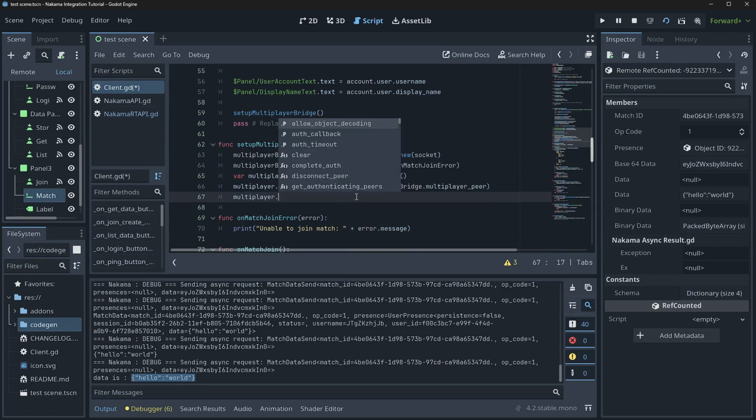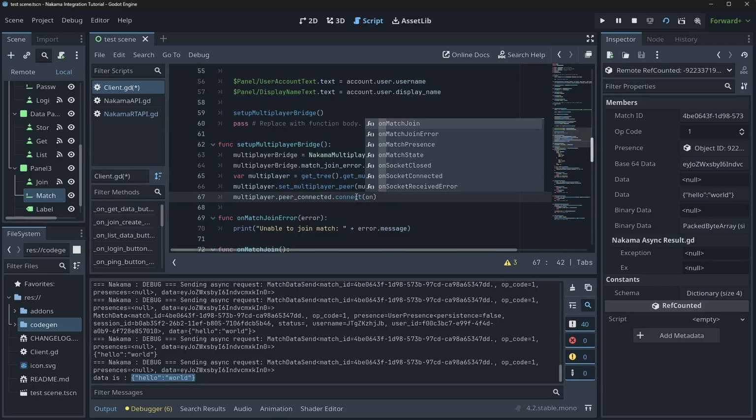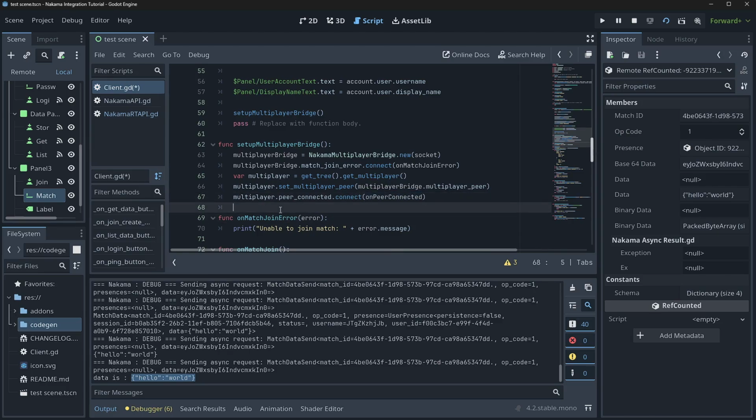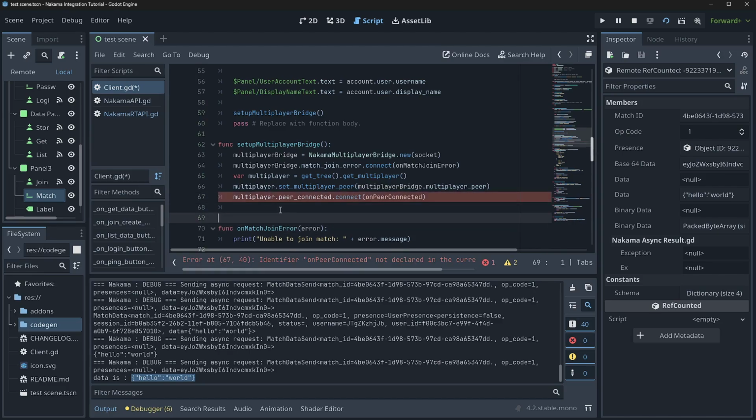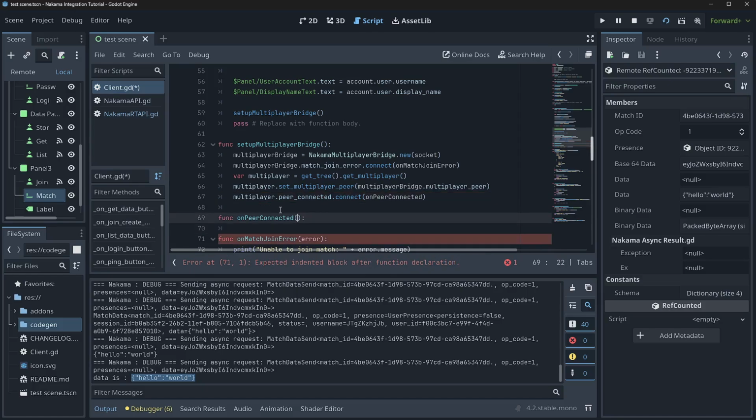Multiplayer dot peer connected, like that. And then we can connect that, dot connect, and then we could just pass in on peer connected, like that. We'll just copy this and say func on peer connected, and that's going to pass in an ID, and then we could just print out that ID. So print